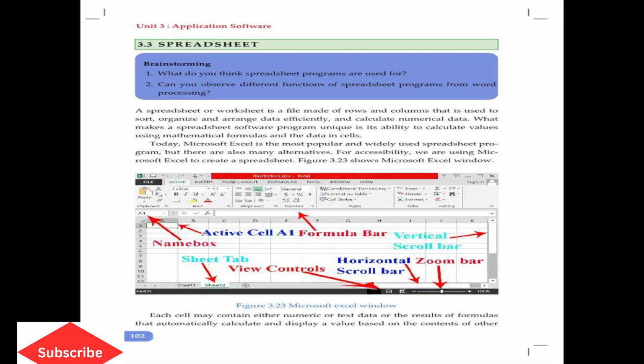Today's lesson for grade 11 is about spreadsheet. It's the other type of application software under application suite or office suite. When you say spreadsheet, or a worksheet, it is a file made of rows and columns. Every spreadsheet is arranged in columns and rows that is used to sort, organize, and arrange data efficiently and calculate